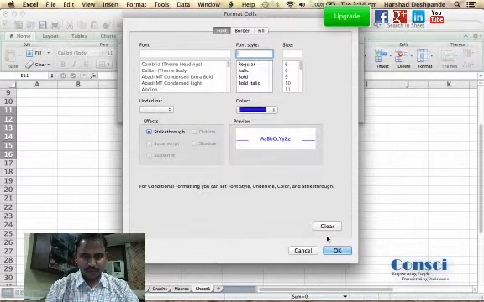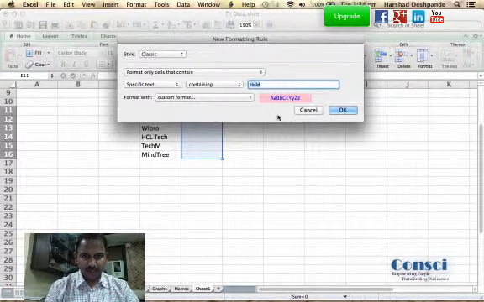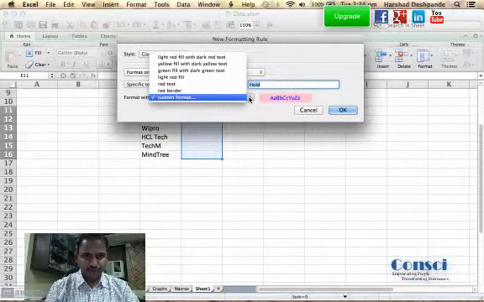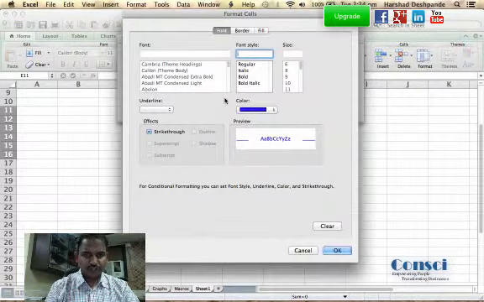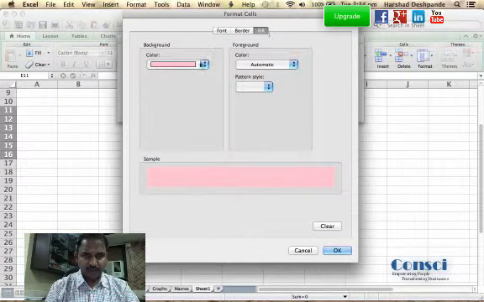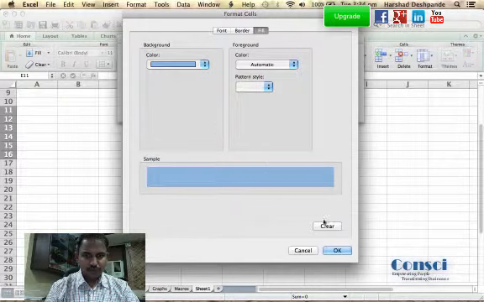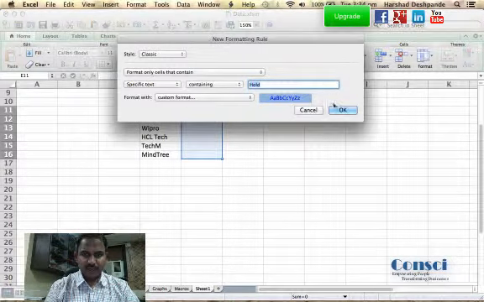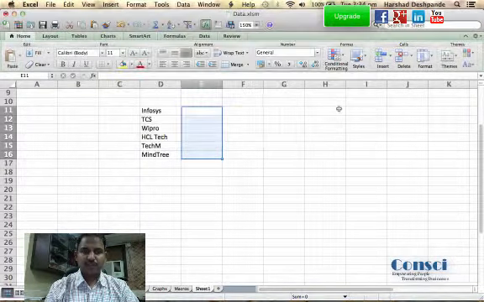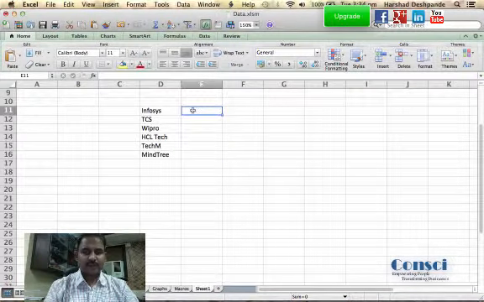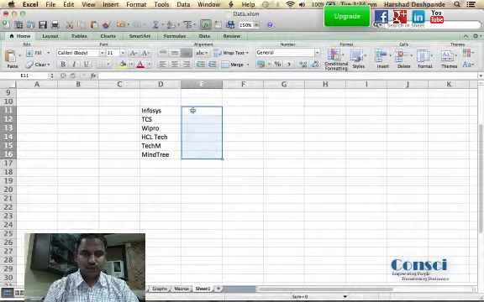So this is the one that I'm choosing, and I have still not managed to get the background changed. So let me check the background. So this is the background. I wanted a light blue background over this, so I'm saying okay, and now I'm fine with this, and now I'm saying okay. Now, very critical that you have chosen only this range.